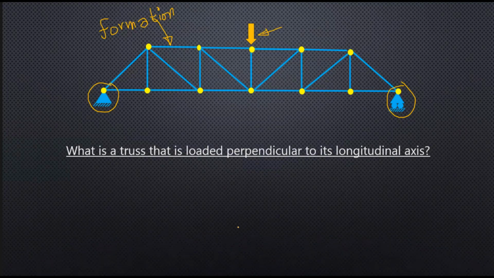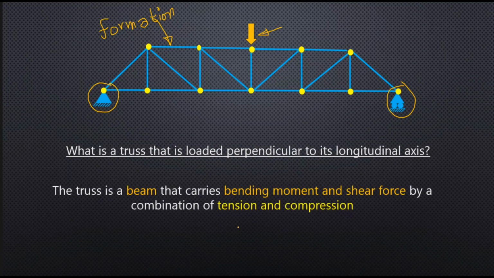Okay, just now I have introduced two types of structural behavior: loads which are parallel to the longitudinal axis, and members which are loaded perpendicular. In the case where the load is applied perpendicular to the axis, the load is carried by moment and shear. Right. So I design my truss, as a truss is nothing but a beam or a girder that carries bending moment